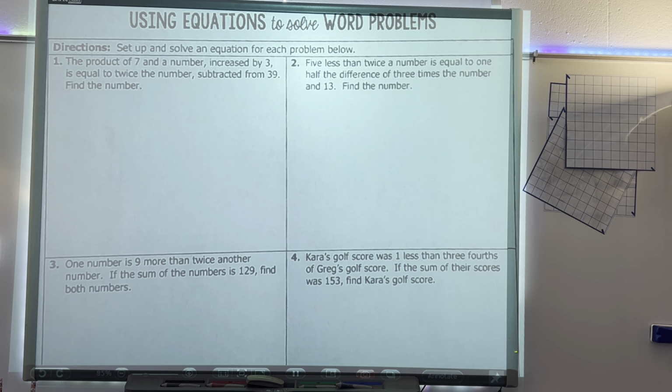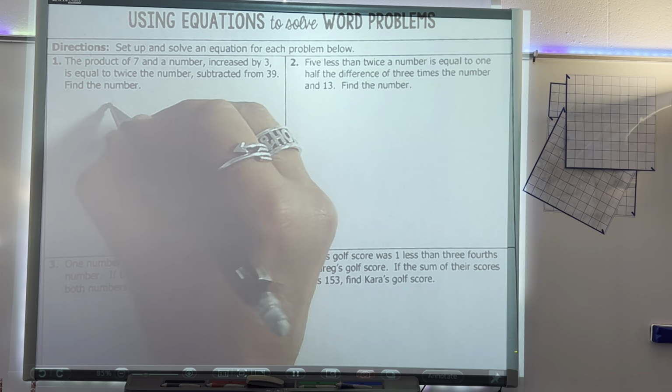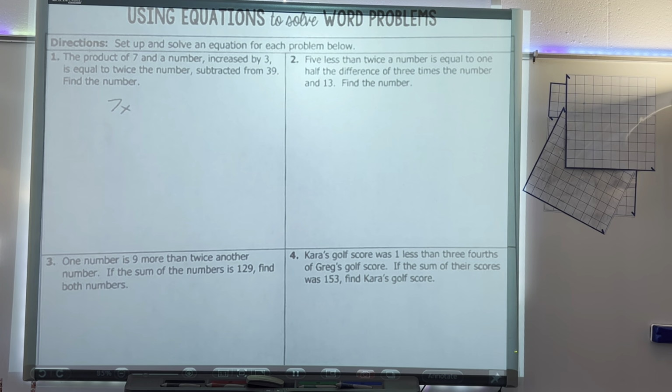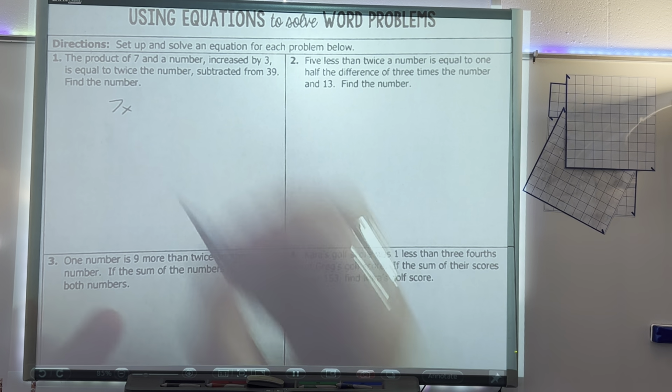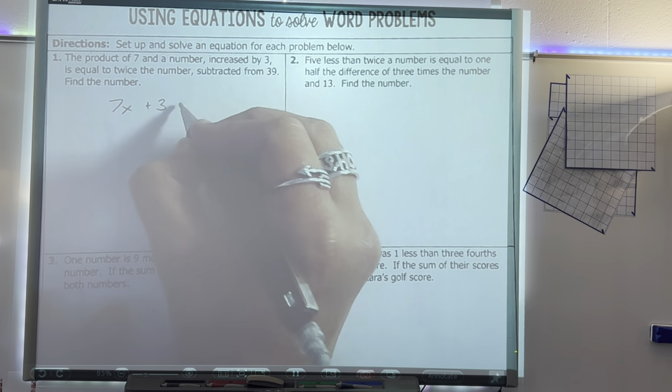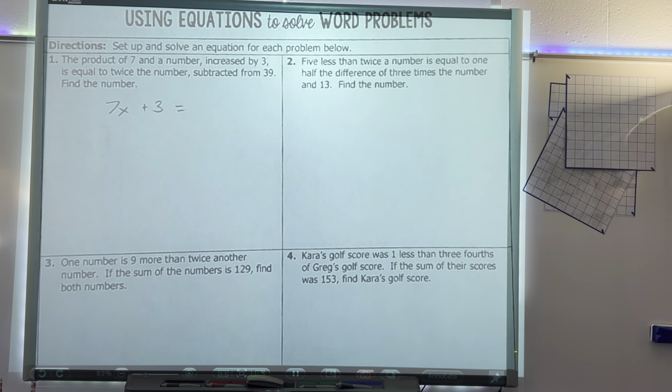So this says the product of 7 and a number increased by 3. So let's talk about that part. What is that gonna look like? The product of 7 and a number. 7x, okay. Increased by 3. Plus 3